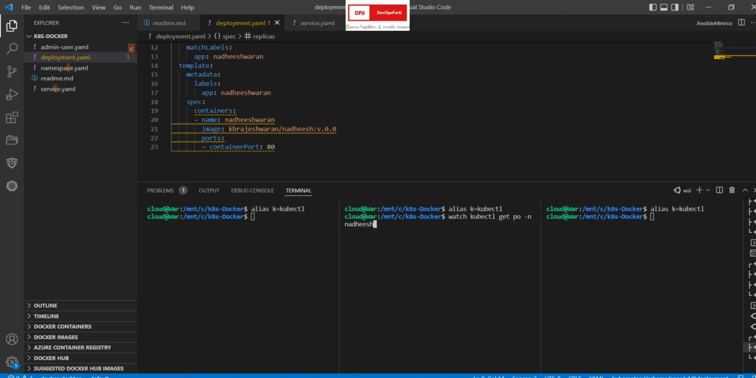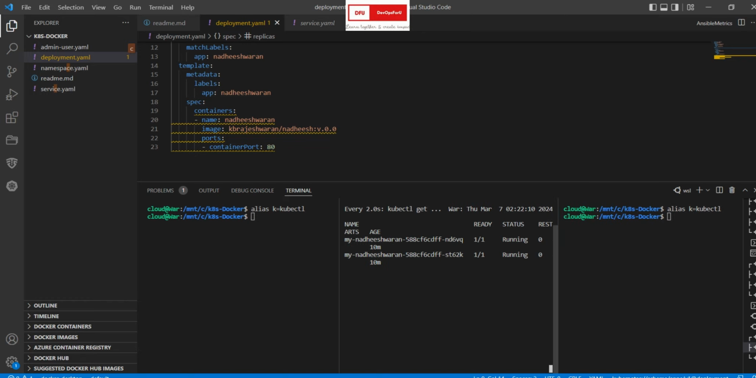What I'm doing here, I'm just getting the pod which is running, so that if I increase or decrease, we can see this one. Okay, and just kubectl get pod will get the pod which is running, and -n for namespace, and the namespace name is Nadish. So if I see, I'm running two pods, and also I want to watch